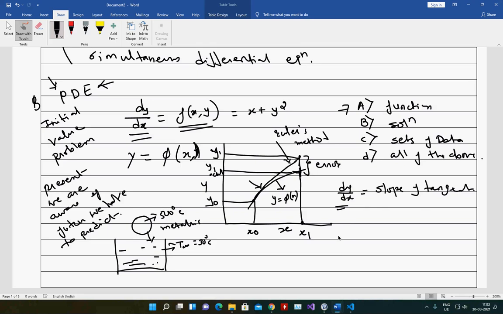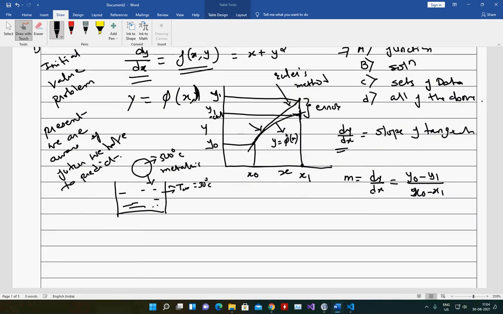So my slope, which I denote with m, is equal to dy by dx, and using the two-point formula I can write y0 minus y1 divided by x0 minus x1.